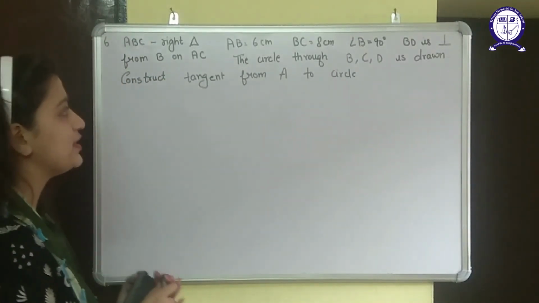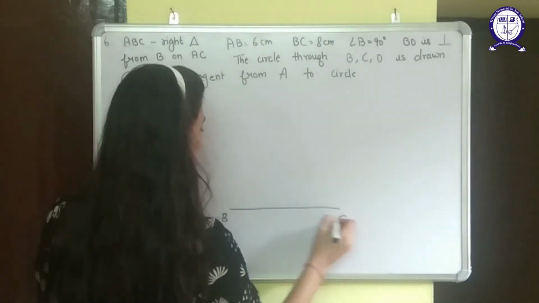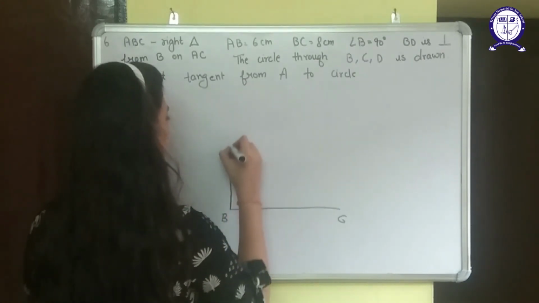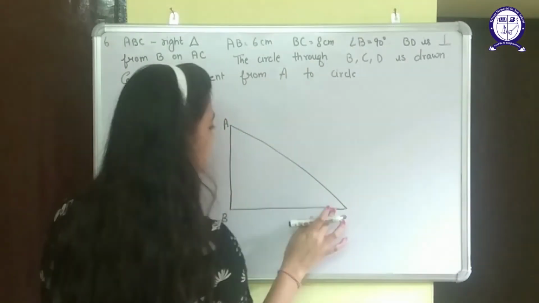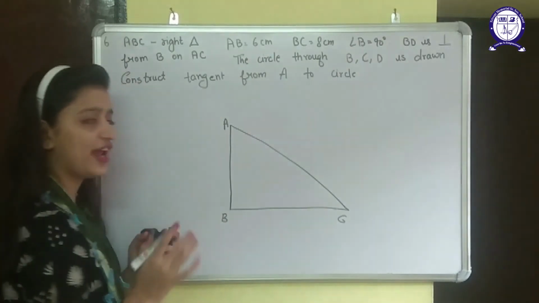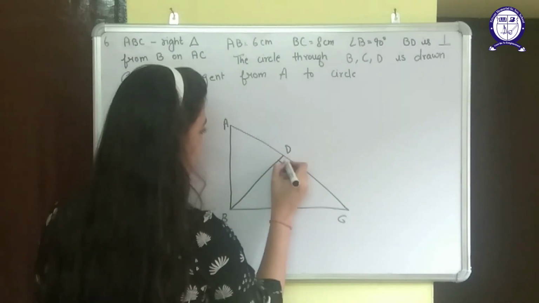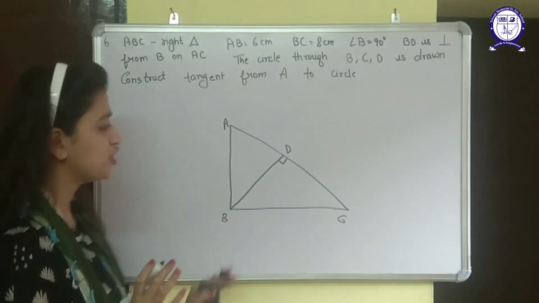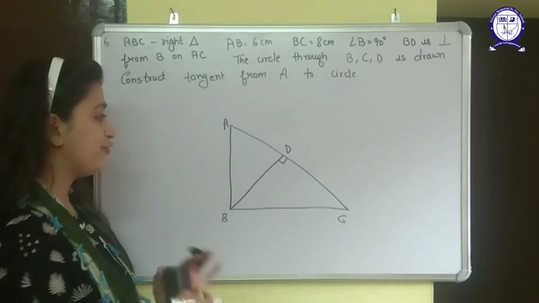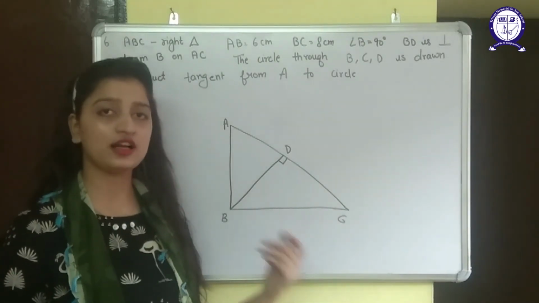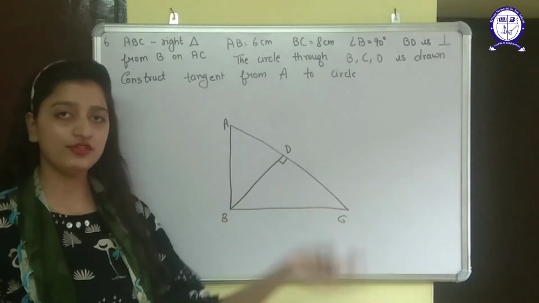It's a triangle ABC with, suppose this is my BC, 8 cm. This is my 90 degree angle, AB, 6 centimeter, and this is a right angle triangle. This is my triangle ABC, and there is a point D such that BD is perpendicular. Okay, this much of the question is already given to us. We need to draw the further part of it. If you want to draw this, you can draw it using the compass also, but this portion is already given in the question and we need to draw the further part.